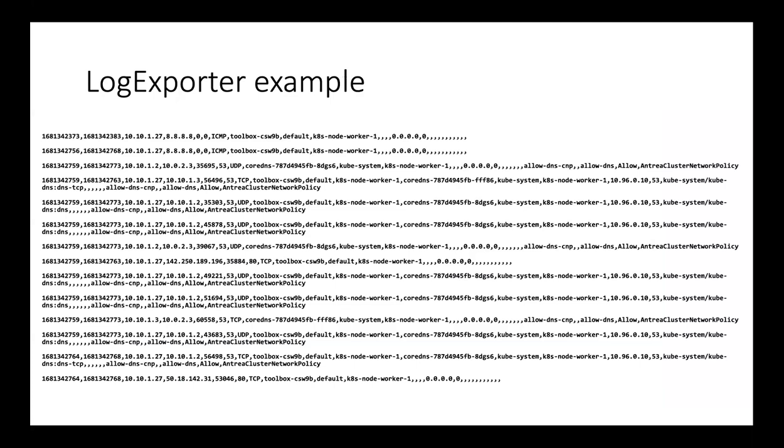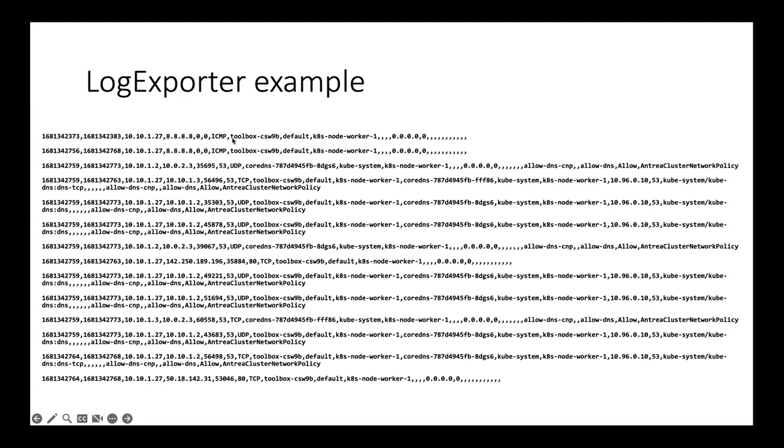And this is an example of a log file. I guess I should have included the column names here. But from memory, it is the time at which the connection started, the time at which it ended. We have the source IP, destination IP, then the port numbers. For the first two, it's ICMP, so those port numbers are 0. Then the protocol,